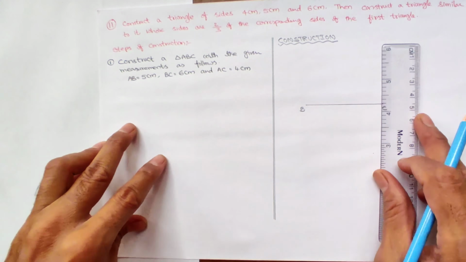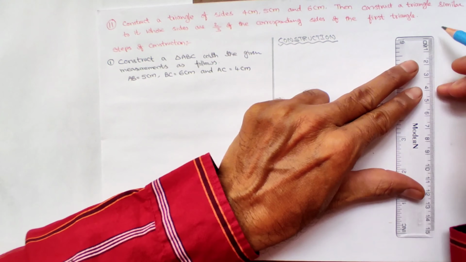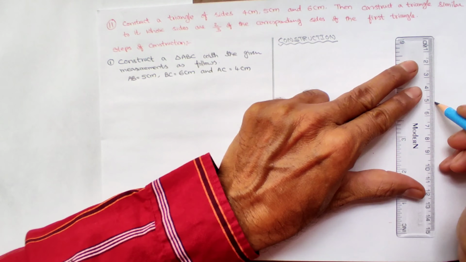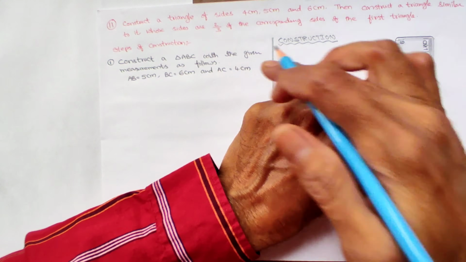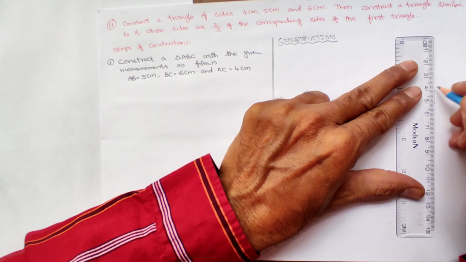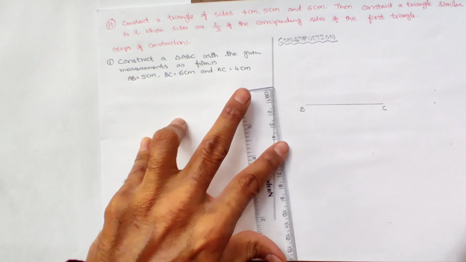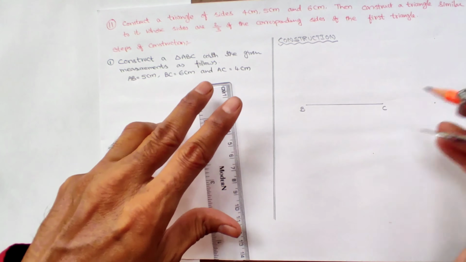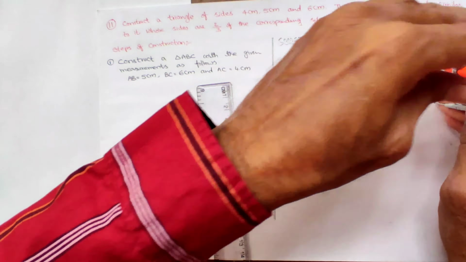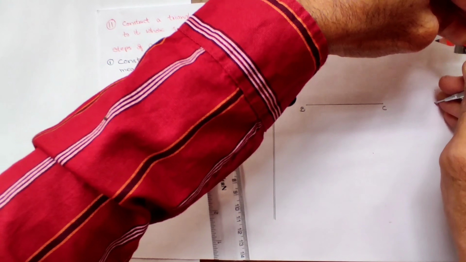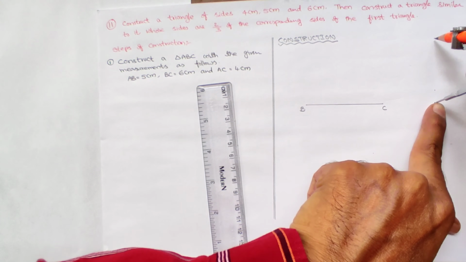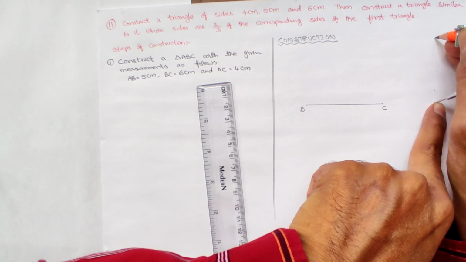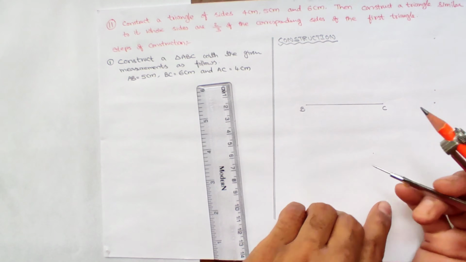And for AB, 5 centimeter, as I am taking, observe carefully, see it is 0 and 5. This is for AB, and another one is 4. See here, this is 4. Now I am going to measure with the help of compass. Let us move it a little bit. Observe carefully here. See, this indicates 5. Here, accuracy is very important. Yes, so that is AB.